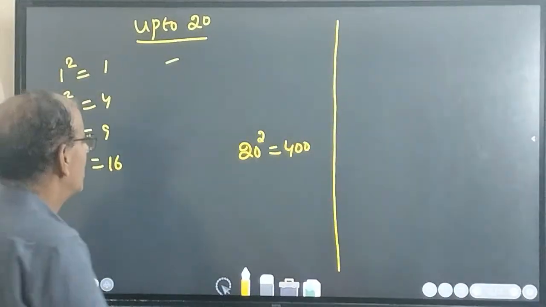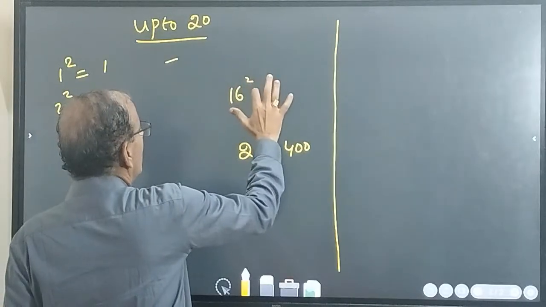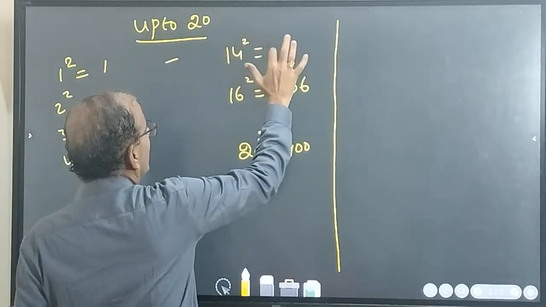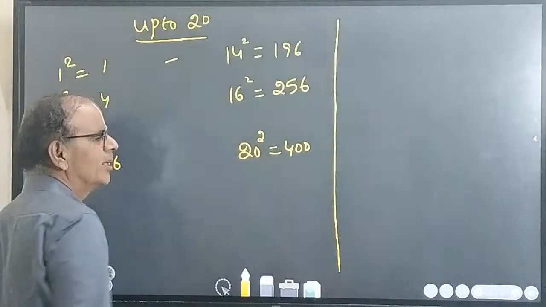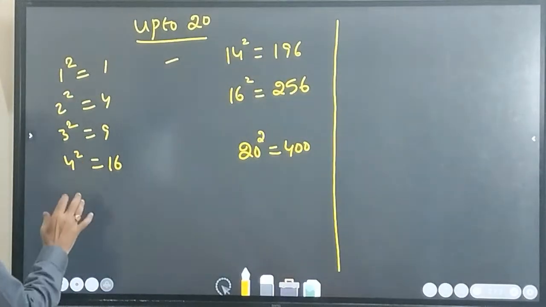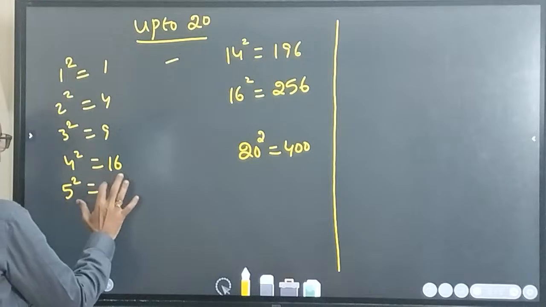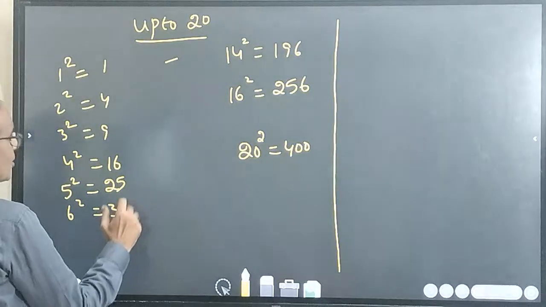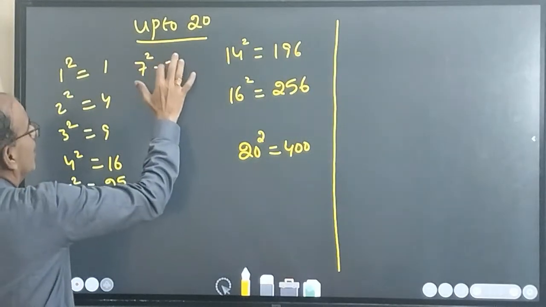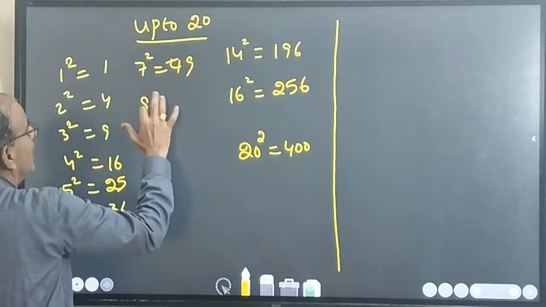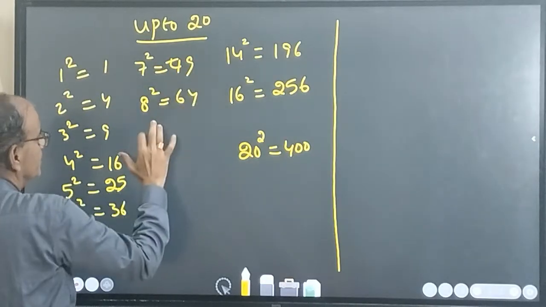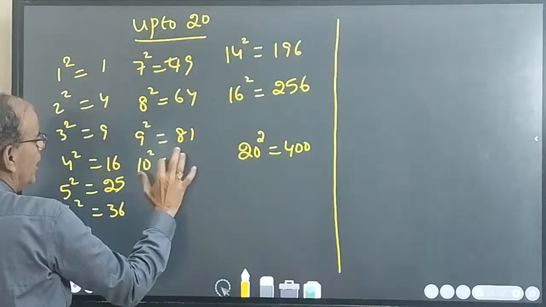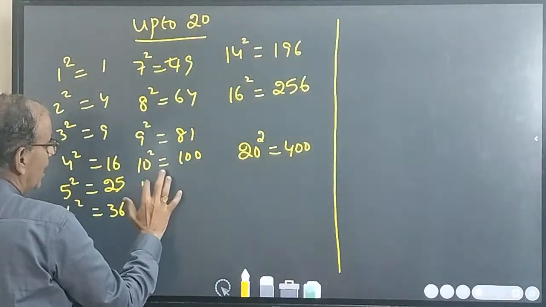Suppose any number, 16 square, 256, 14 square, 196. Like that the squares will be there. Okay, let me try to do it. 5 square, 25, 6 square, 36, 7 square, 49, 8 square, 64, 9 square, 81, 10 square, 100, 11 square,